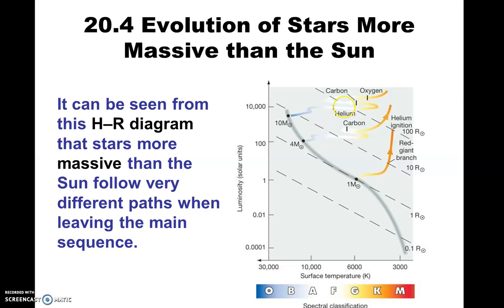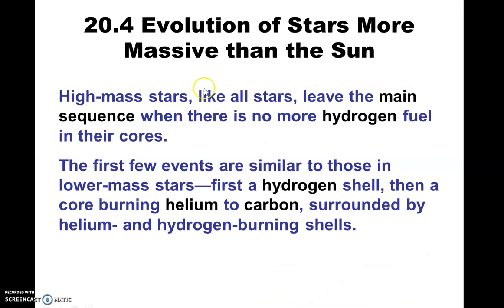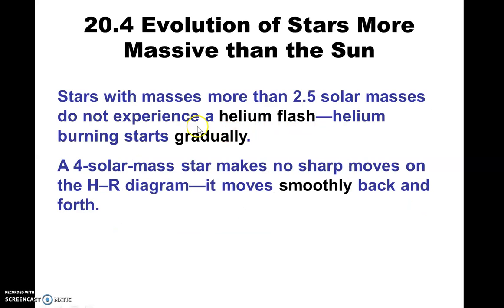All right, let's see, where am I? Stars on a different path. High mass stars will leave the main sequence, as I just said. Stars with more than 2.5 solar masses don't experience a helium flash. They burn their helium in a gradual sense. Four solar mass stars make no sharp moves on the HR diagram. There again,